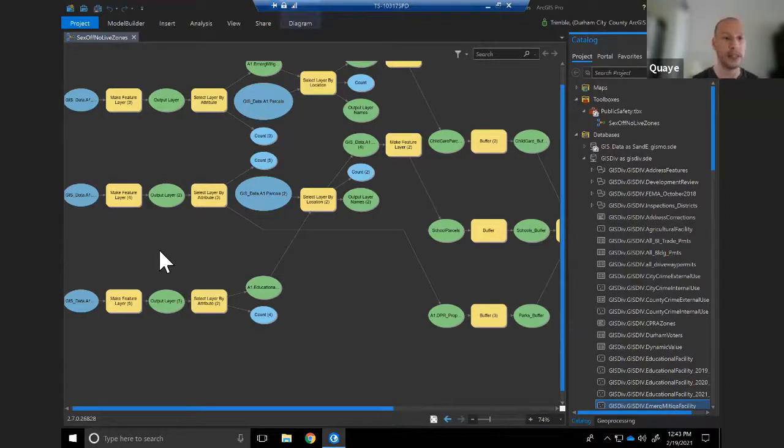So you see my selections are being done by first using the Make Feature Layer tool. And once I have this make feature layer applied to my input data sets, I can make these selections to the data sets, and they'll be held in memory during the time that the model is being run.